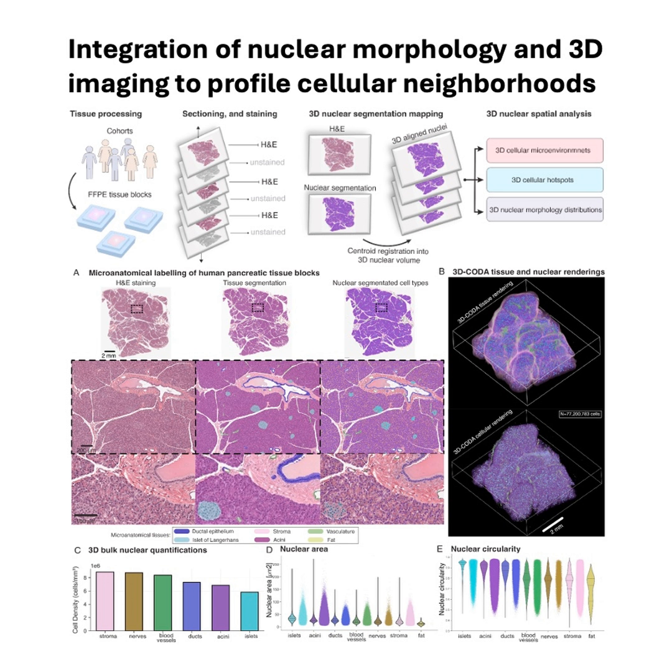And the final, really crucial step was integration. Bringing it all together. Exactly. They registered the 2D coordinates of each identified nucleus directly into the 3D CODA volume they'd already reconstructed and segmented. So you link every single nucleus profile to its exact 3D location and its surrounding tissue type. Precisely. You know exactly where each nucleus is, what it looks like, and what kind of tissue it's sitting in,